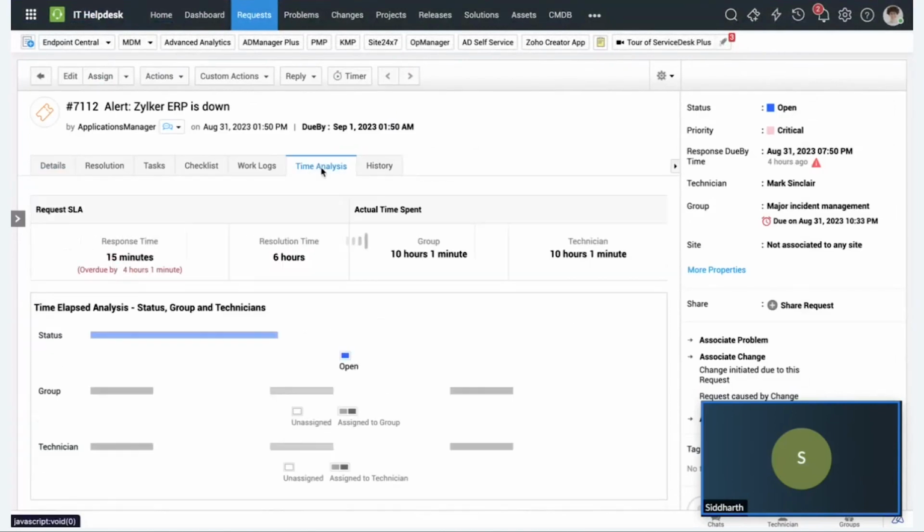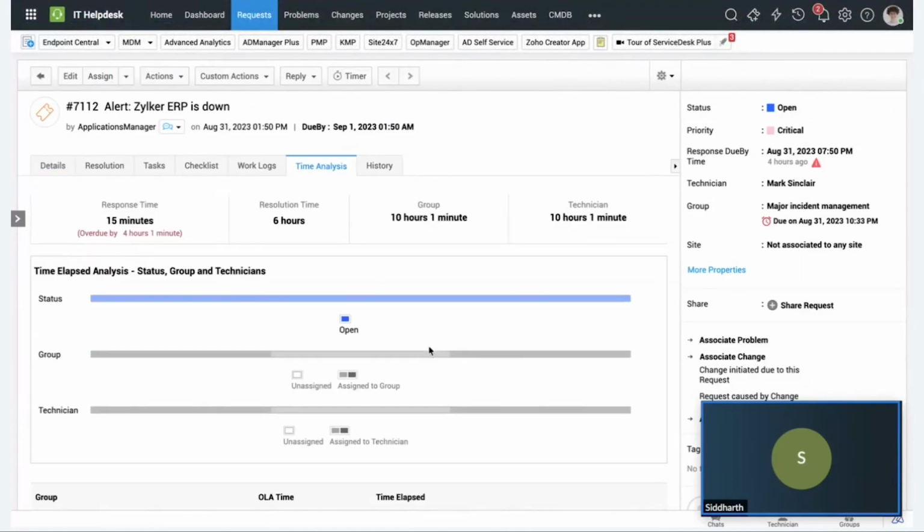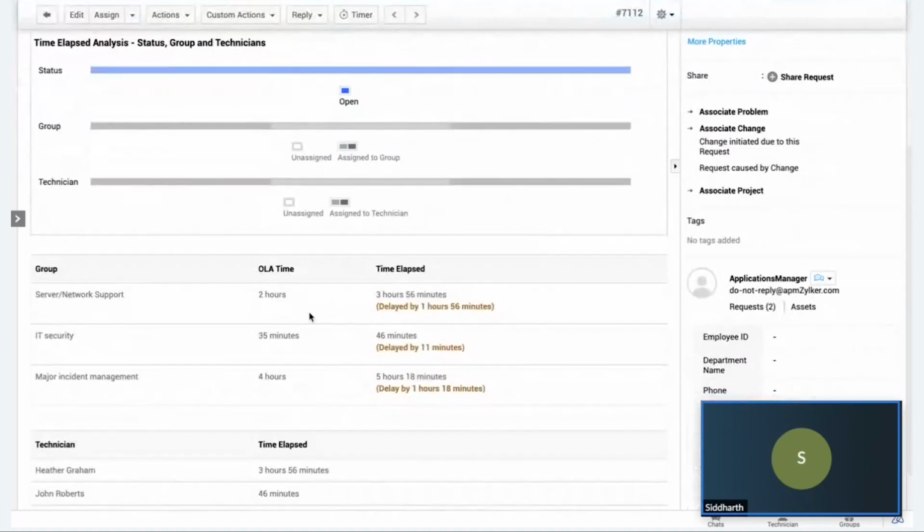And under time analysis, you can see how much time has elapsed and how it is divided, like the time it's spent under one particular group or one particular technician or even a status. Scrolling down, I can see that all the groups have violated their OLA time mandates, albeit by a different margin. So the OLA time mandates function as a benchmark for you, and it offers you a venue to optimize the way you work. For example,